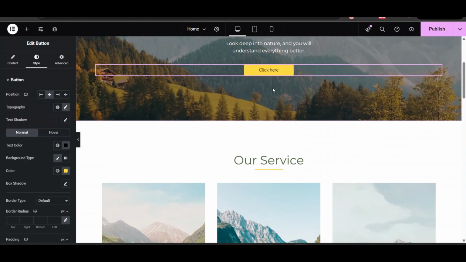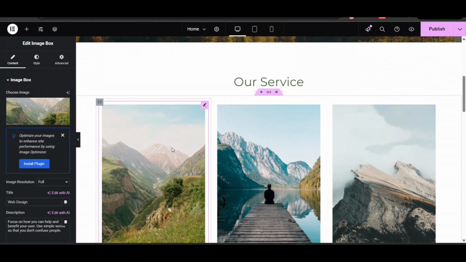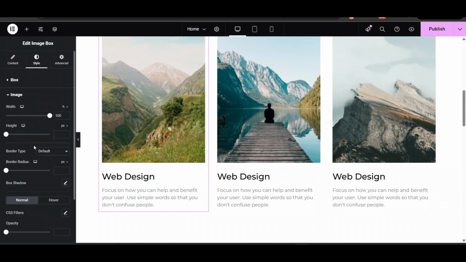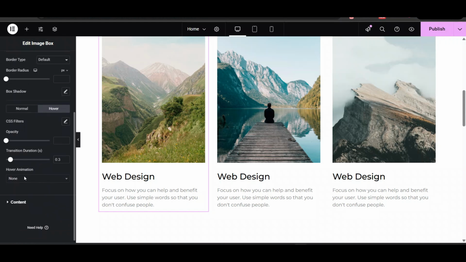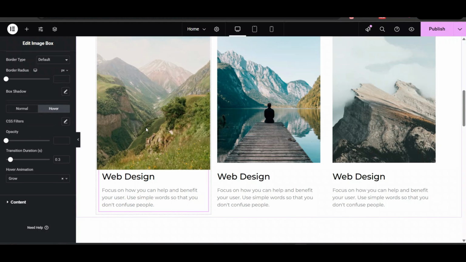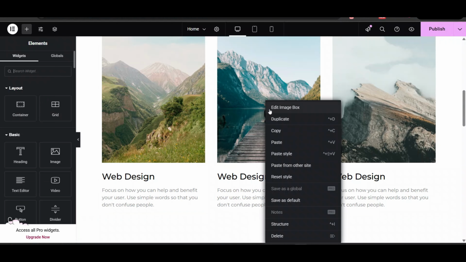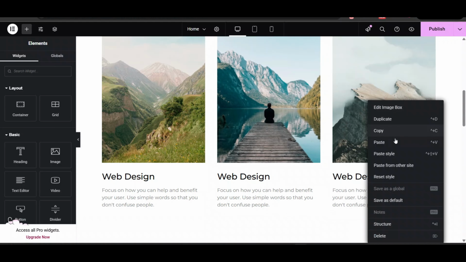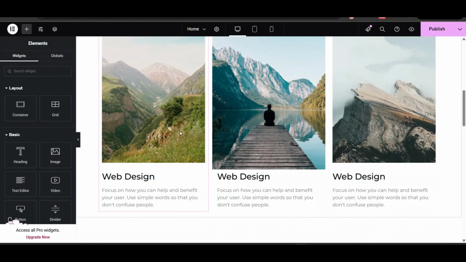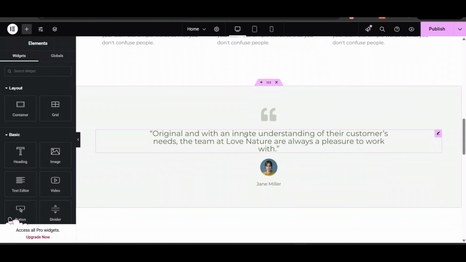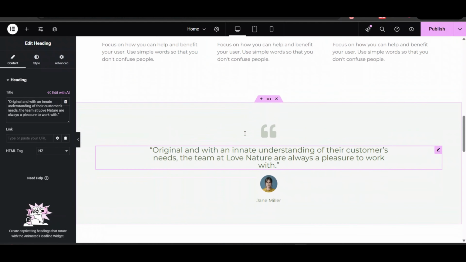Now we will try to add animation, like I want the image to grow when I hover over it. This is also a kind of animation. Go on style, go on image. You can see hover. What I want is it should solid grow. Like when I hover over it, it keeps growing. You can add the same thing for this style. You can add here, you can see animation in different sections as per your need. Like if you want to add some animation here, you can also add that.